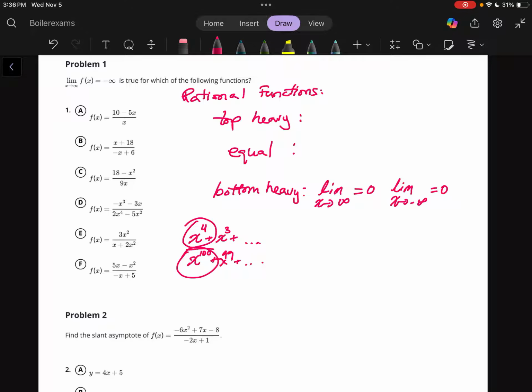If we have top heavy, then it is equal to either negative infinity or positive infinity. It depends. And the same applies for x approaches negative infinity. It's either going to be positive or negative infinity, and I'll talk about how we can discern that. And then if we have an equal heavy function, then